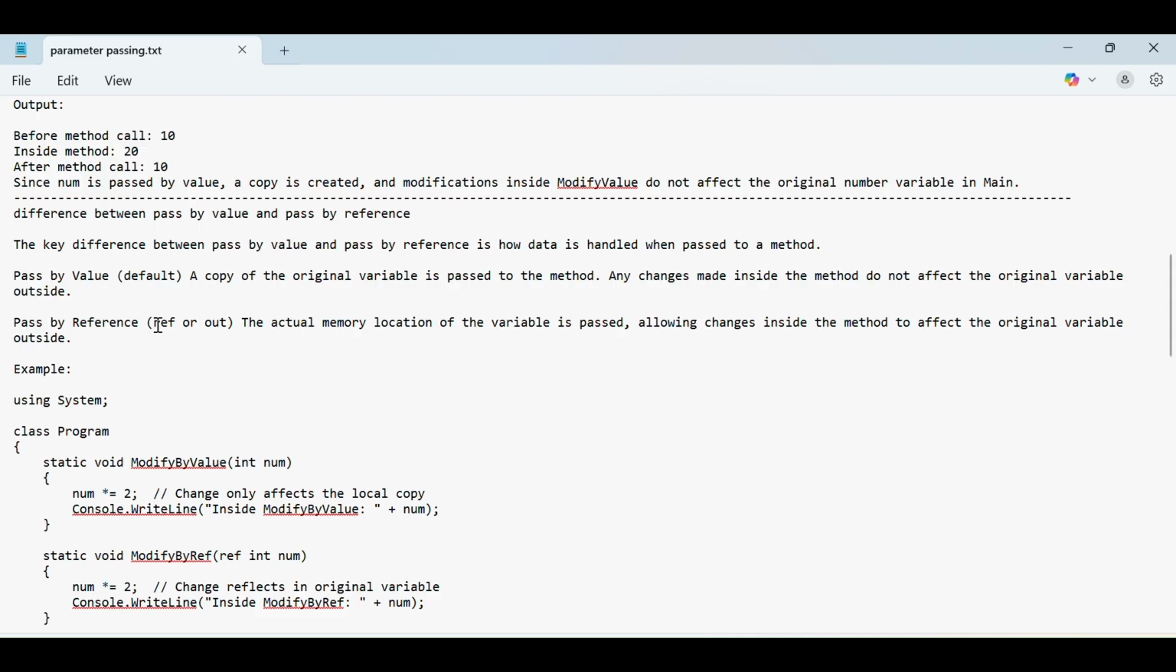Pass by reference is of two types, ref or out. We will discuss both of these. The actual memory location of the variable is passed, so not a copy of the original data will be sent. Here the actual memory location of the variable is passed, allowing changes inside the method to affect the original variable